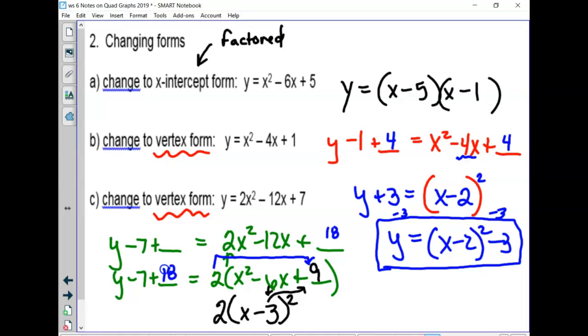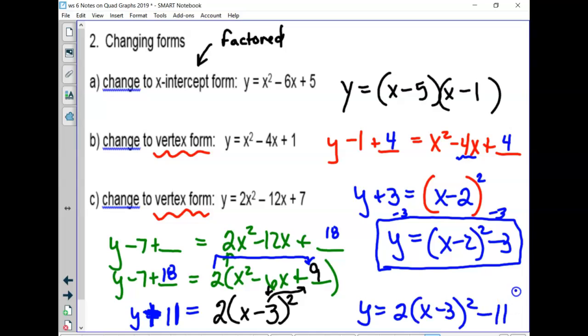So we have to add 18 over here. All right, that gives us y plus, what is that, 9? 11. Is it 11, guys? Y plus 11, sorry, equals this. Write a little better. That's an 11. Okay, so now we're going to subtract 11 to the other side, and we get y equals 2 times x minus 3 squared minus 11. Okay,